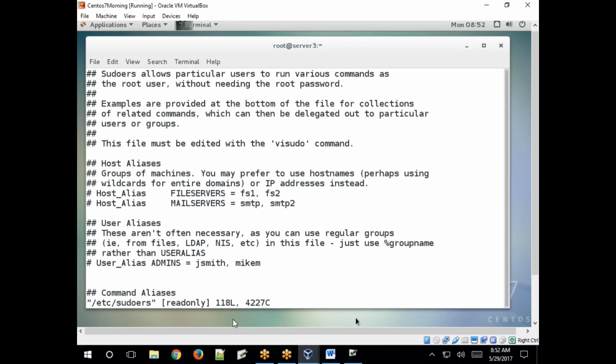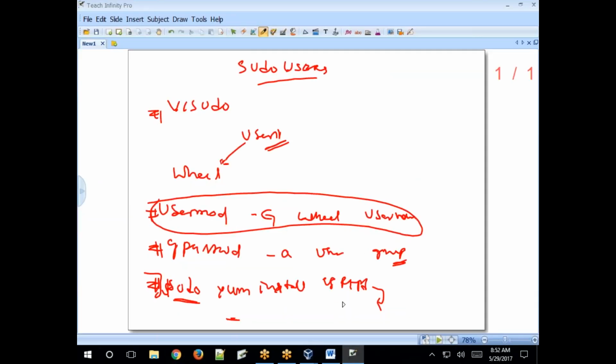We can access that sudo configuration file in two ways. One method is to simply execute the visudo command, and you will get the same configuration file. Or vi slash etc slash sudoers. Just open that file and edit, modify, add the users or groups allowed to run those commands.